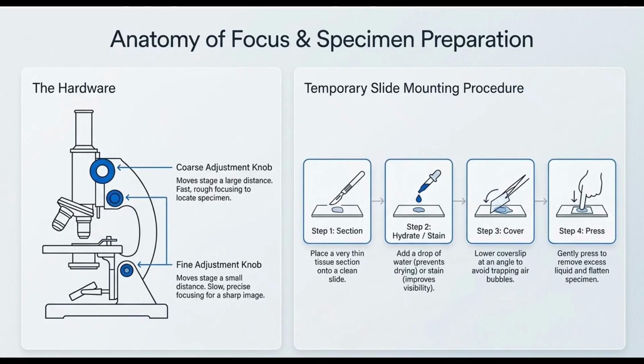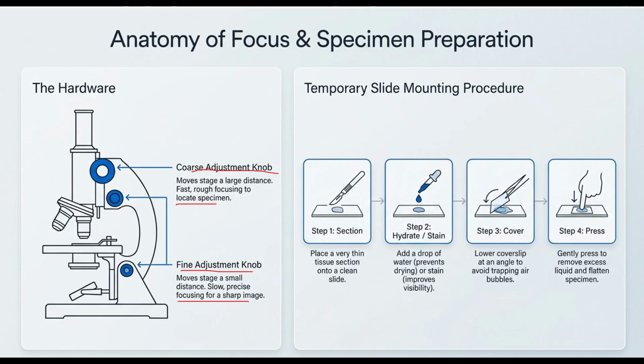You can see a microscope here and some parts. We have a coarse adjustment knob which helps to move the stage a large distance. Fast rough focusing to locate the specimen, right? And then we have a fine adjustment knob, which moves the stage a small distance, slow precise focusing for a sharp image. Okay,